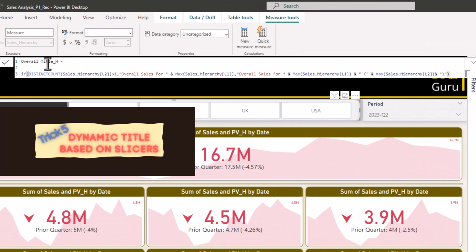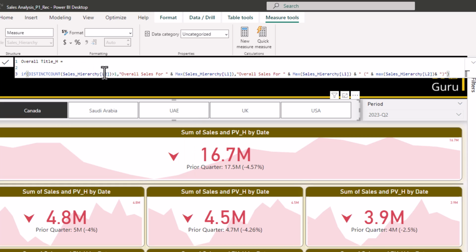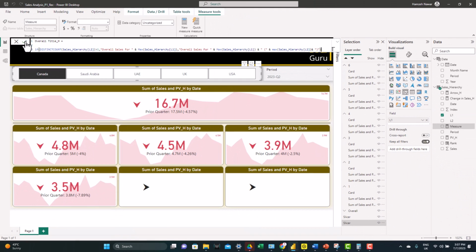This measure has an if statement that checks the number of products for each of the KPIs. If the number is bigger than 1, it assumes it's overall, and it will give it the title overall sales for and provide the country name. Otherwise, if it's equal to 1, it will assume it belongs to a product and will give it the title overall sales for country name, and in brackets add the product name. So let's hit OK and apply it,